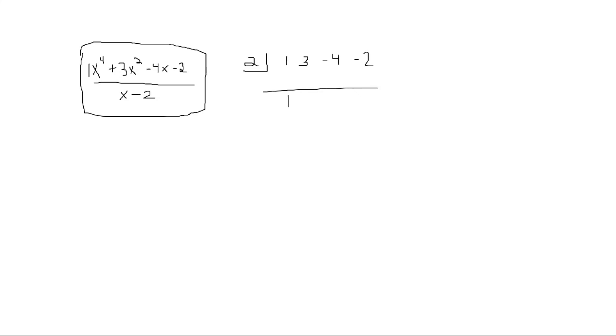He brings the 1 down, and then he multiplies 2 times 1 and adds that to 3. And let's say he gets 5. That's great. Then he multiplies 5 times 2 to get 10, and then 10 minus 4 is 6. And then he does 12, and then he says 10 is the remainder. And then he writes the answer. Let's see, he writes it this way: x to the power of 3 plus 5x squared maybe, or something like that. So let's say he writes the answer,